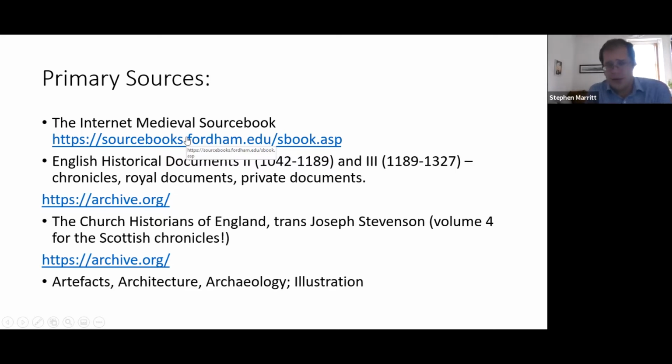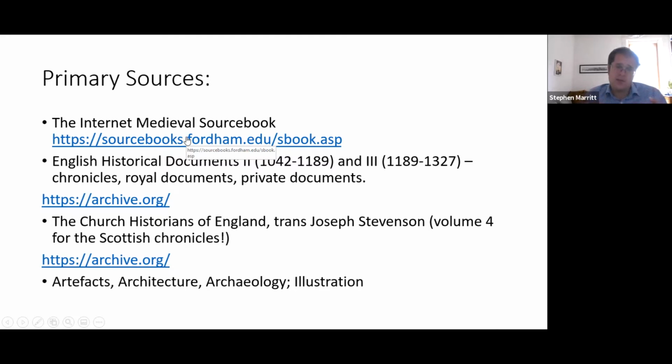It also has on archive.org a whole series of things called Bohn's Antiquarian Translation, B-O-H-N. And Bohn was a publisher in the late 19th century who brought out kind of penny editions of medieval chronicles. So there's a huge range of those. Now, the print tends to be quite small, but they're really very, very useful. And of course, one of the great things about teaching medieval history at university, and probably at school as well, is you can't just use printed sources.